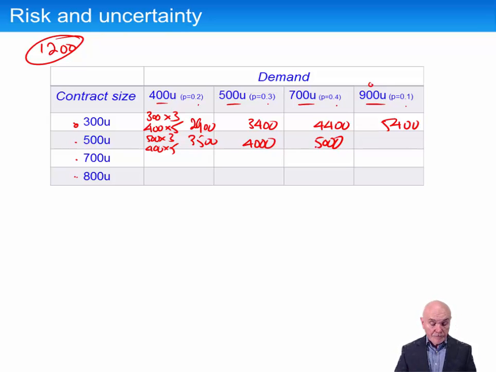But now we're stuck, because at this point we are selling 500 to the special customer. There is demand of 700 from our ordinary customers. That's 1,200. We can't make any more. So when we go up to this other demand here of 900, there's going to be unsatisfied demand. We can still only make 5,000.